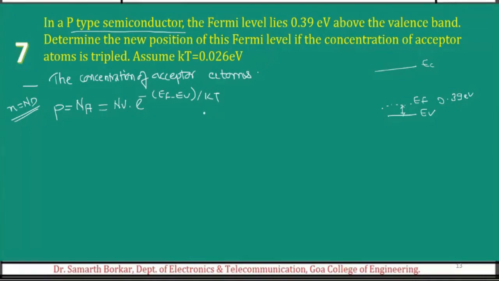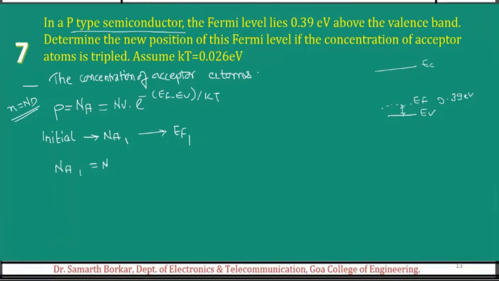Okay. Now, there are two cases here. What if the concentration of acceptor atoms is tripled now? So there is an initial condition and there is a final condition. Let us denote the initial acceptor concentration as Na1, and the Fermi level as EF1. Then we can write